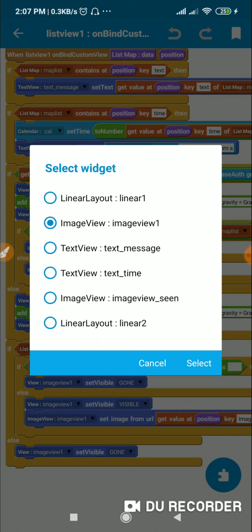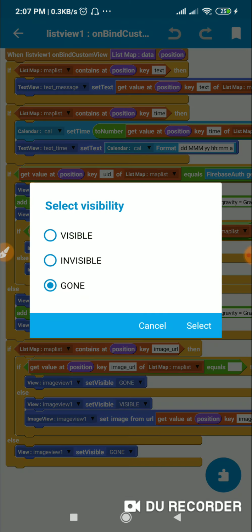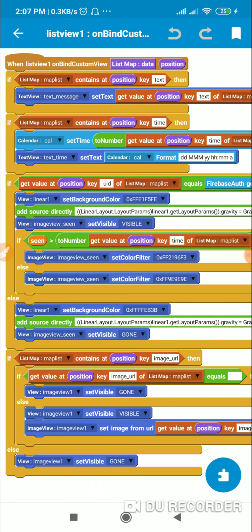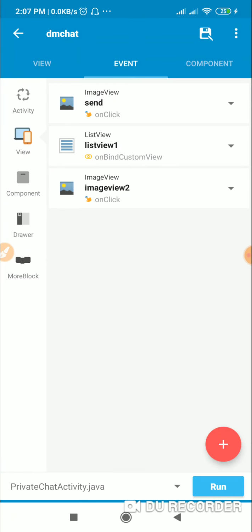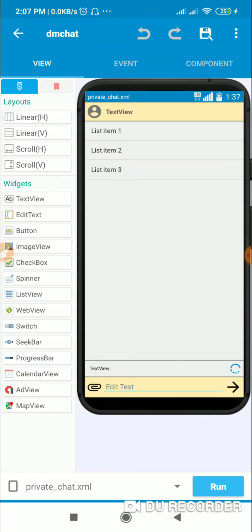And if it doesn't contain key image_URL, then I make imageView1 setVisible gone. And that's all that is required for sending text messages. In the next video I will show you how to send image messages and how to create the chat list.